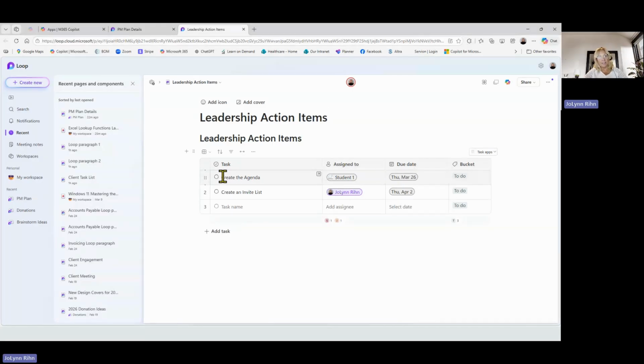Now, the other links can take me directly to that task itself in Planner, etc. But just so you could see where it took me, it's got the leadership action items. I could add in icons for this. I could put in a cover page for this Loop component. Those are some extra features that we have that are actually Bookings related. And the icon is related in a lot of different places,